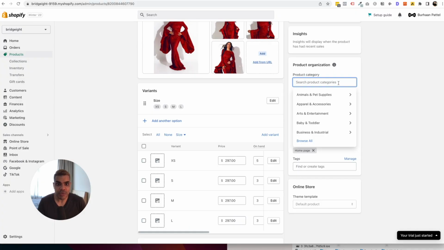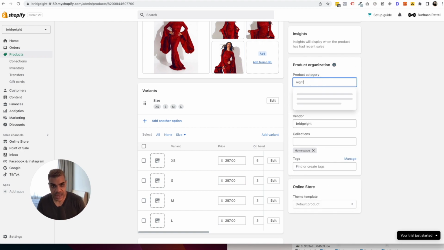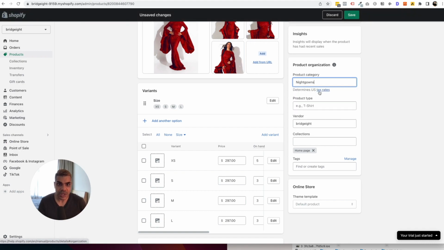So over here we've got product categories, and if I wanted to say dresses, I can go and choose a dress, or the types of dresses that we have, and let's say nightgowns. Cool. I'm going to put it under there. Product type you can select yourself. Vendor is over there. If I wanted to add this product into a collection, I could do that here,